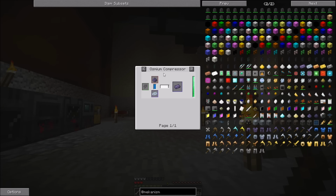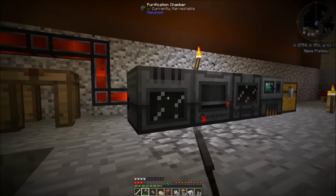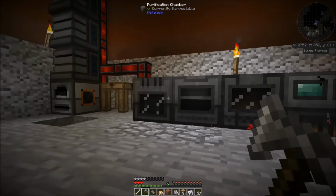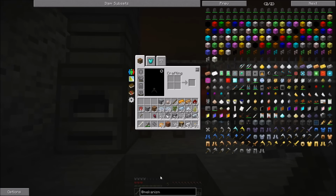So an osmium compressor. Do I have an osmium compressor? I don't have an osmium compressor, do I? Purification crusher. No, I don't have an osmium compressor. So is that another...